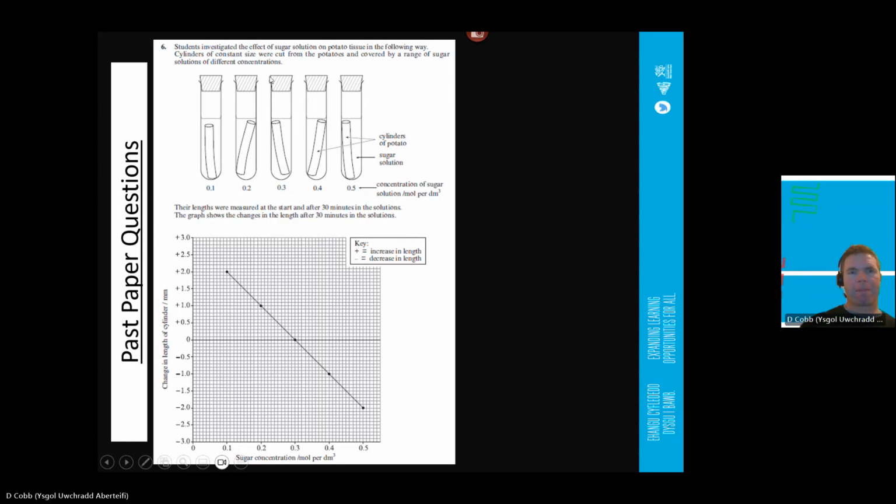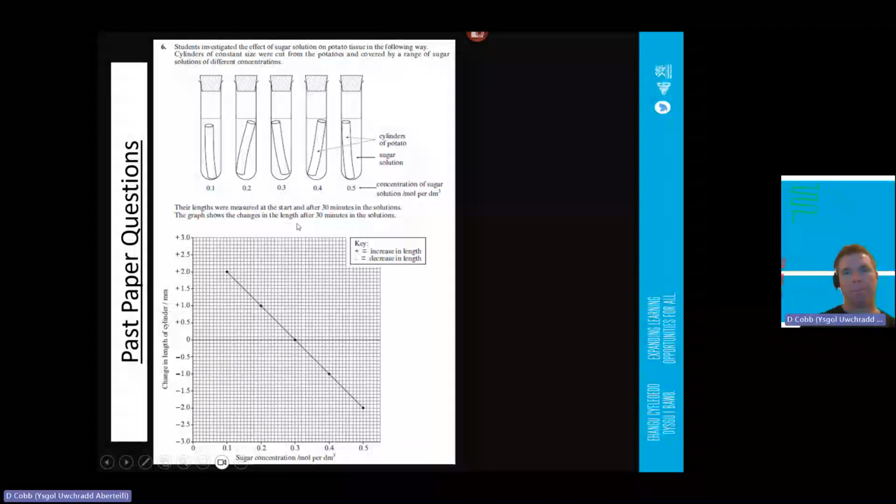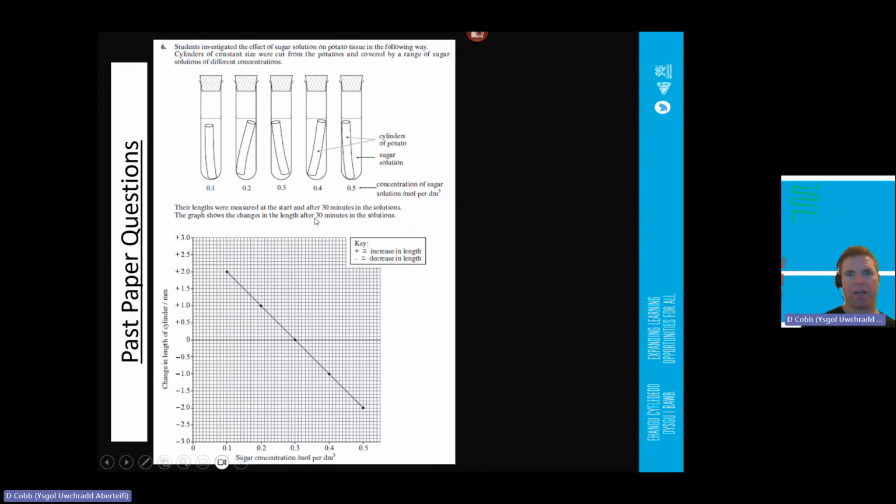And then the lengths were measured at the start and after 30 minutes, and the graph shows the changes in length. So we can see if we look at the 0.1 sugar solution, the potato that was in there increased. Look, it's the change in length. Change in length there, so it's increased in length